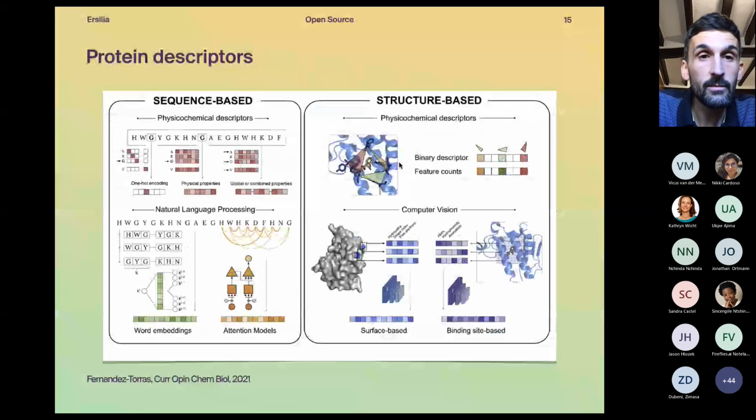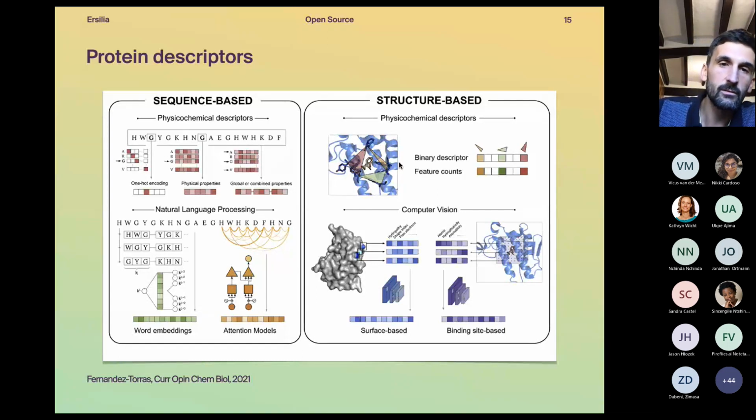Right. So we've talked a little bit about language models and what we call sequence-based descriptions or representations of the proteins. Of course, we can do much more using numerical tools and algebra in machine learning. We can try to capture also the structural properties of the proteins, and we can even try to capture the physicochemical properties that we can identify on those proteins. The idea is always the same. We have an algorithm that takes as input many instances of proteins and tries to capture their properties numerically, either the protein sequences, but also the structural properties.